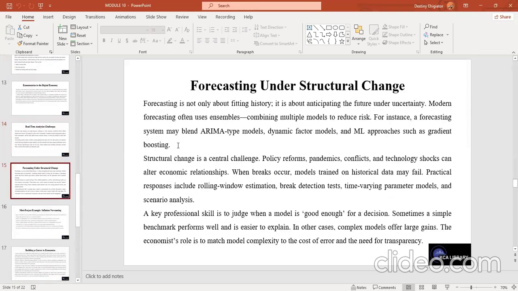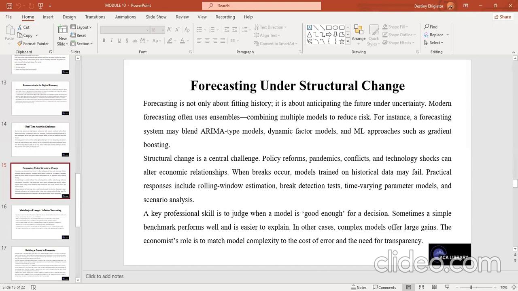Let's look at forecasting and structural change. Forecasting is not only about fitting history, it's also about anticipating the future under uncertainty. Model forecasting often uses ensembles, that is, combining multiple models to reduce risk. For instance, a forecasting system may blend arithmetic models, dynamic factors, and ML approaches such as gradient boosting. Structural change is a central